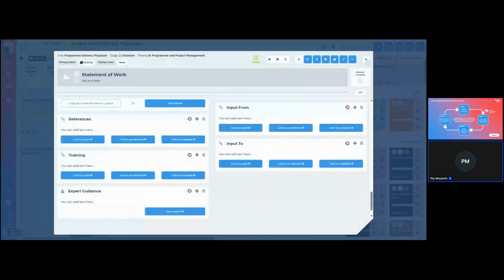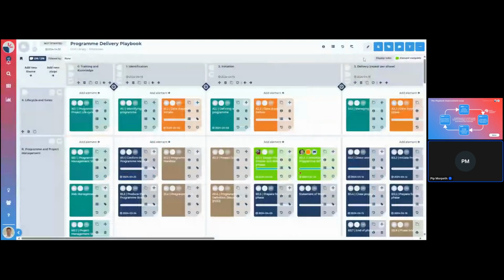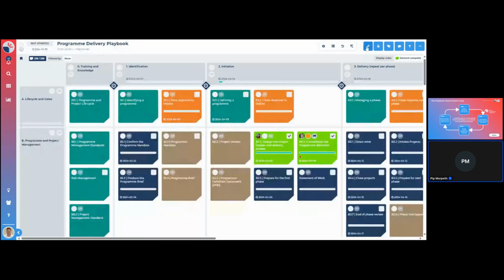So what we tend now to help clients do is really try and get playbooks built within 4 to 6 weeks. And that can be using a combination of AI, but also fine-tuning AI to look at clients' existing resources and deliverables. I'll just come out. So that's the key concept of Method Grid.